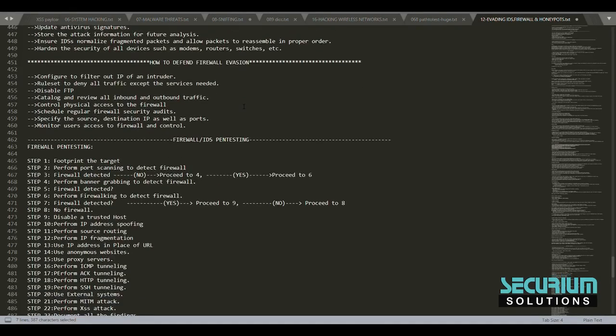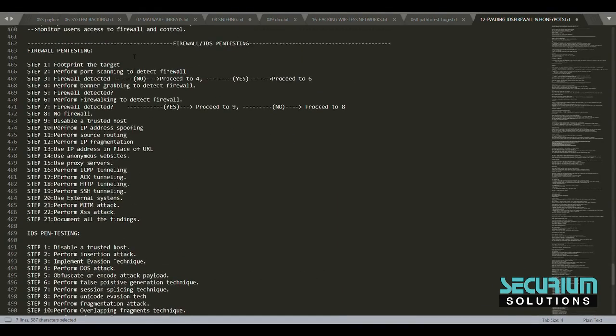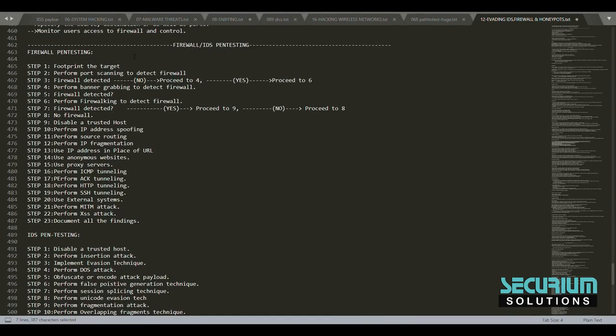And you need to carry out the firewall penetration testing process, which starts from footprinting of the target. It suits all the firewall penetration testing, IDS and other devices too. So you need to footprint the target and perform port scanning on it, and you need to check whether the firewall is detected or not, and perform banner grabbing. If the firewall is detected, then you can go for firewalking, and you have to check whether a firewall is there or not, and you have to disable a trusted host and perform IP address spoofing and fragmentation technique, ICMP tunneling technique, ACK tunneling technique, HTTP tunneling technique, SSH tunneling technique, MITM attacks, XSS attacks to bypass firewalls, and at last you need to do the